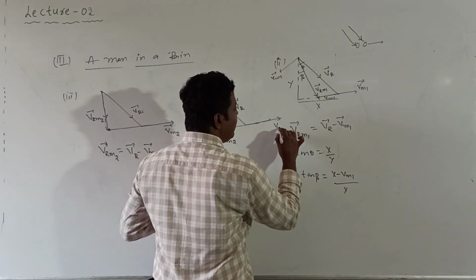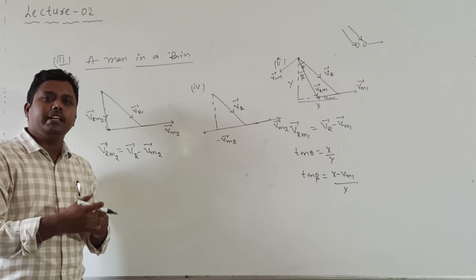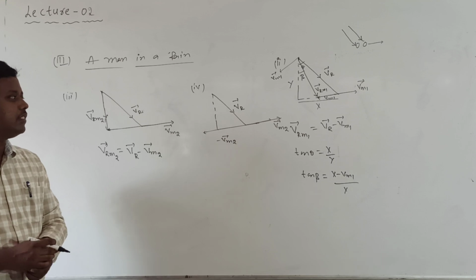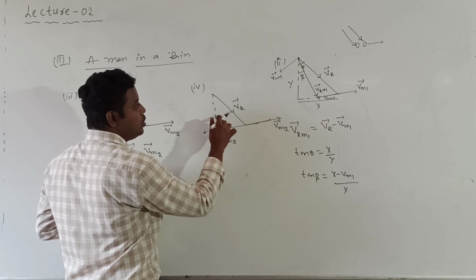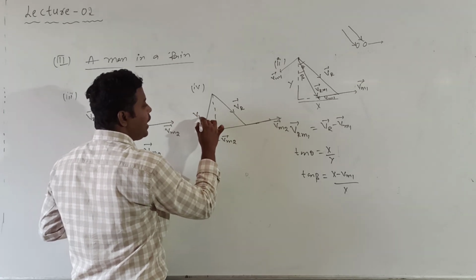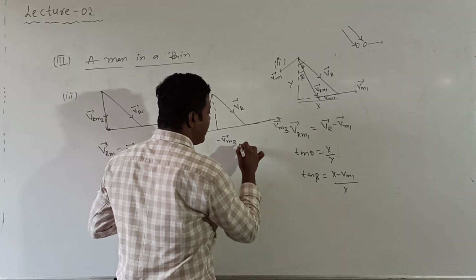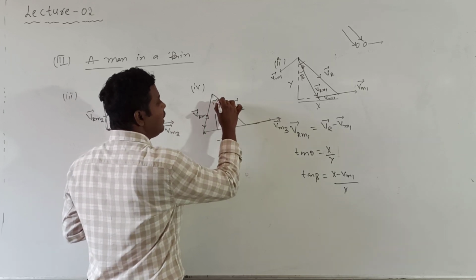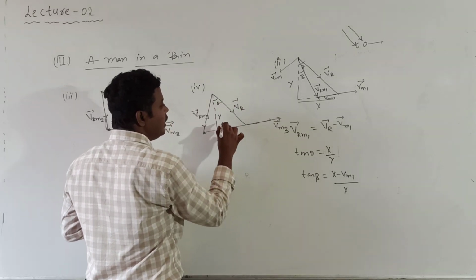Generally, a vector can be represented with a directed line segment. If the length of the line segment is more, the magnitude of the vector is more; otherwise it is less. Since Vm2 bar is greater, this is the minus Vm2 bar. By taking these two as adjacent sides, this will indicate the direction of the resultant. This value will be given by Vrm. Already we have taken two, so I will call it Vm3 bar. This is the direction. If the angle made by rain with the vertical is theta, this value will be x and this value will be y.